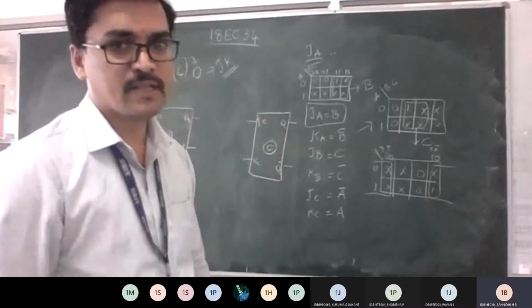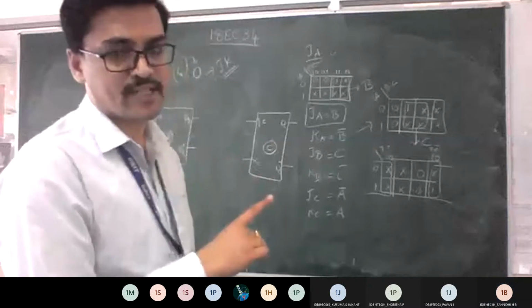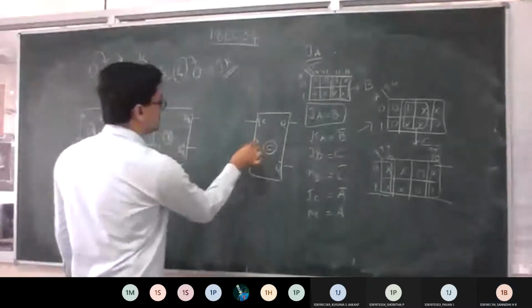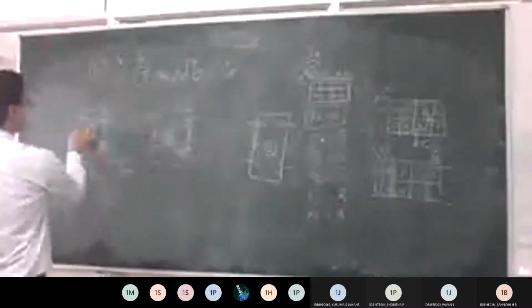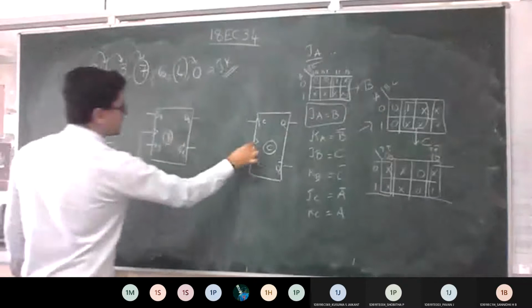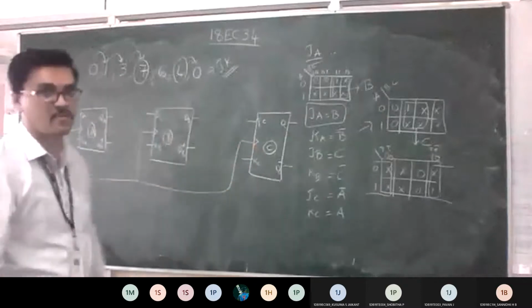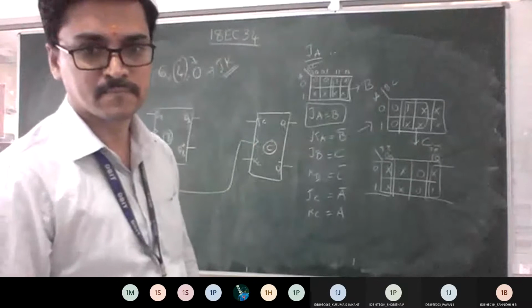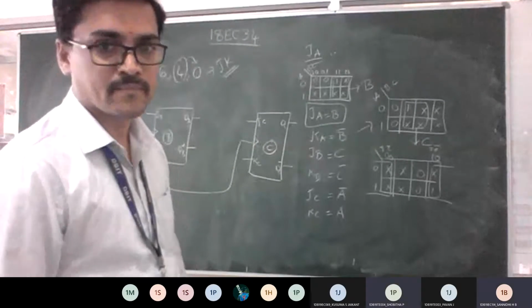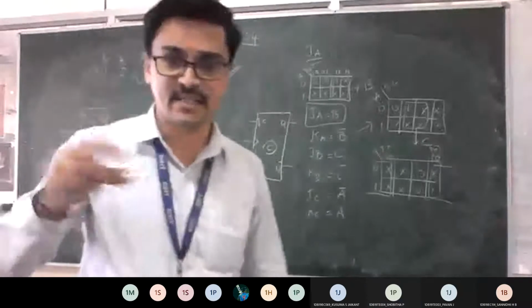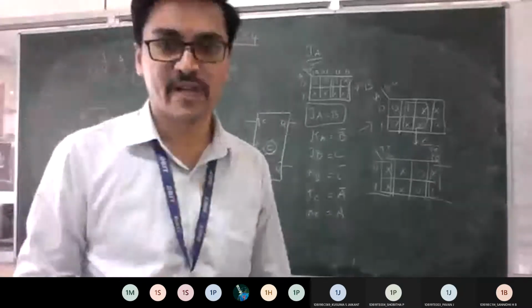Clock. Good. Again I will stress, if the question is asking for positive edge of a clock, then you can go with this symbol. If it is positive edge of a clock, you can combine all in this fashion. If the question is for negative edge, then what should be added here? Bubble. You need to add a bubble here. That is the only change. If they do not ask anything, you can design whichever way you want.